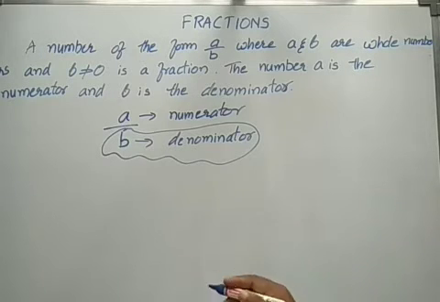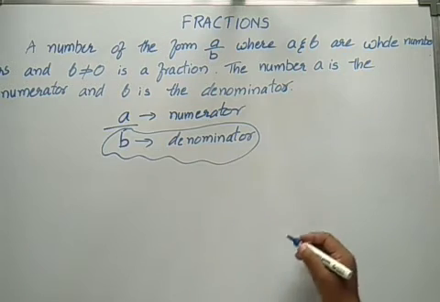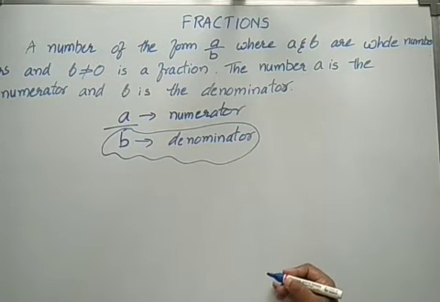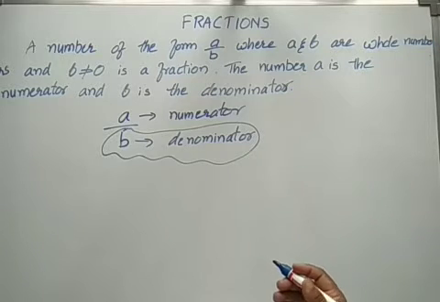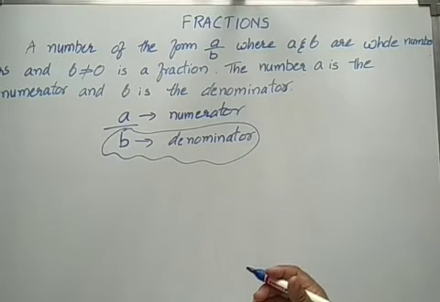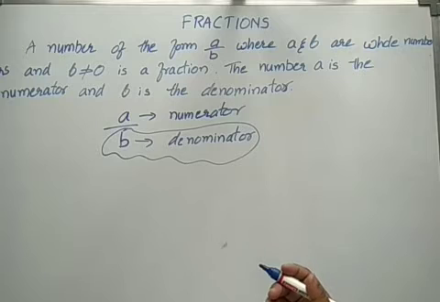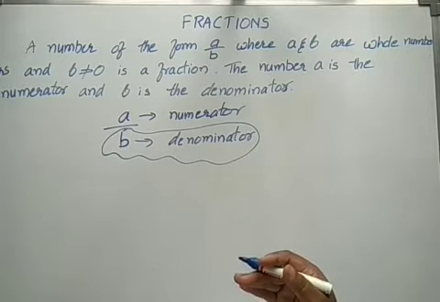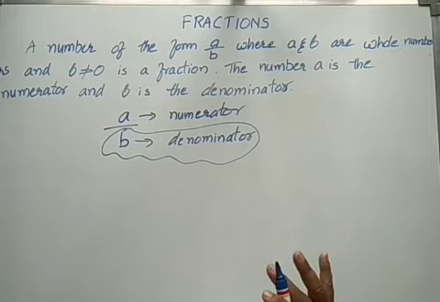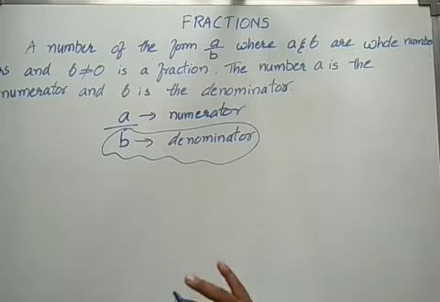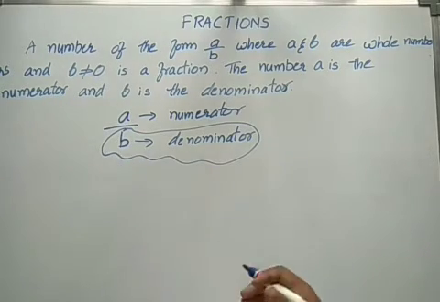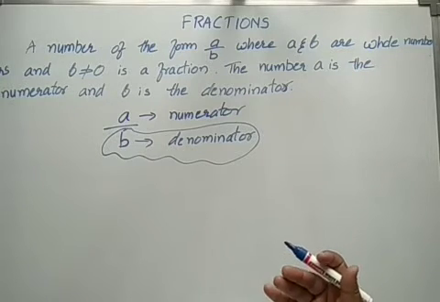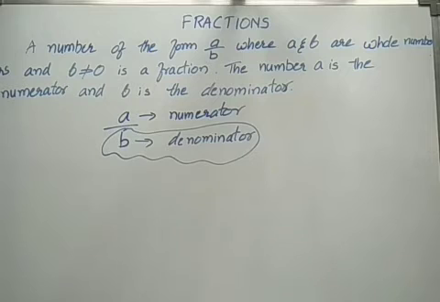Generally, if we take any figure, you can write the shaded portion and the unshaded portion. In the numerator you will write the shaded portion, and in the denominator you will write the total number of parts. If the total number of parts is 0, can anything come in the numerator? No, right? So in that case it is not a fraction.